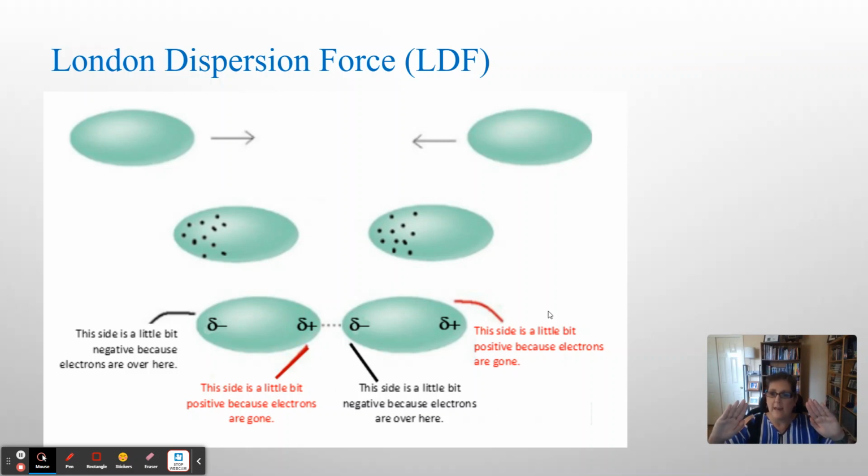So if you look at me for a second, it's kind of like these two molecules get close and they're polar for a moment and they're attracted and then it goes away. So it's just a temporary attraction, often seen in gases because it's really not strong enough to keep you liquid or solid, although there's some exceptions. Okay, but that's the London dispersion force. Non-polar molecules, and it's temporary. Those are the key words.